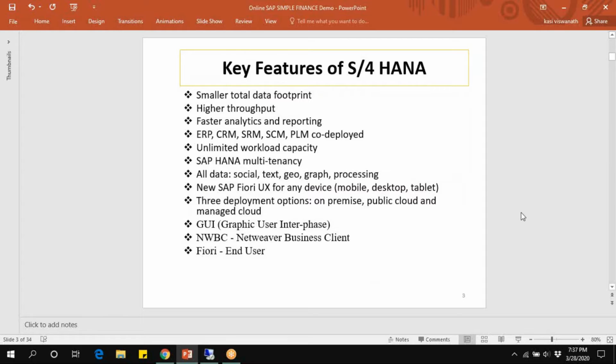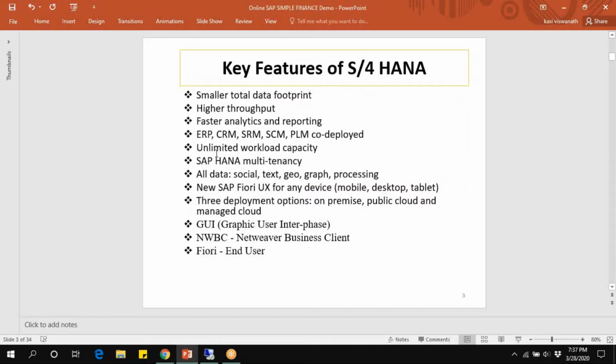But in simple finance, along with that, we need to add some more key feature line items like smaller total data footprints, high throughput, faster analysis and reporting, along with ERP, which integrates CRM, customer relationship management, SRM, supplier relationship management, SCM, supply chain management, PLM, product lifecycle management, and co-deployed.